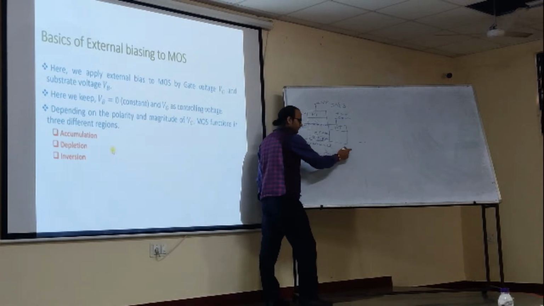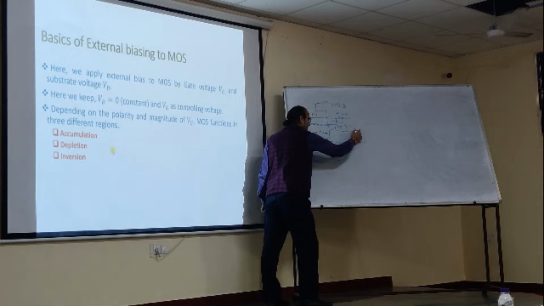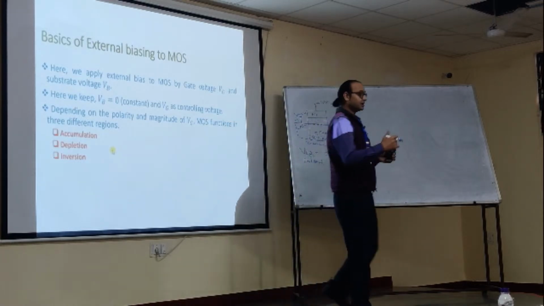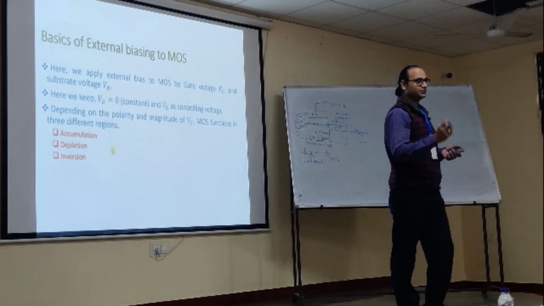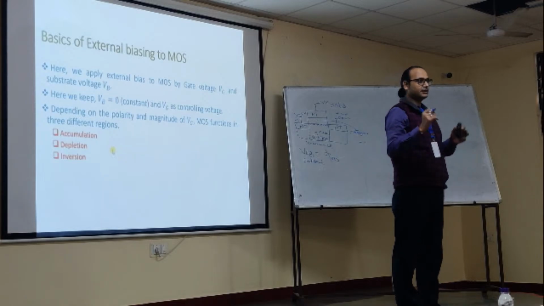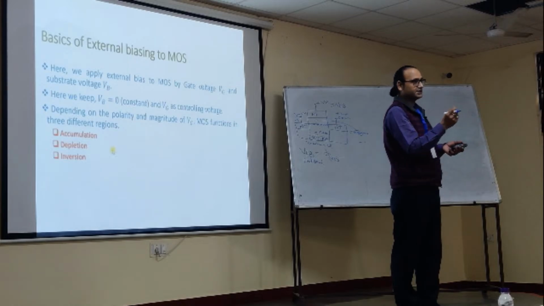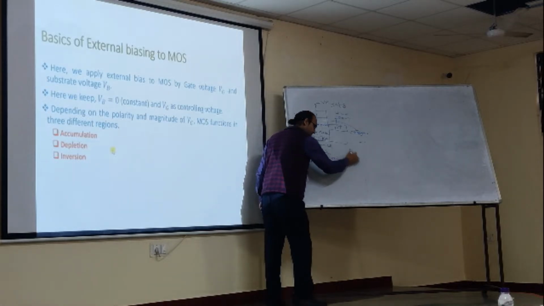Okay, and as I said, there are charges in the oxide. Charges in the oxide may be due to how the oxide is achieved, by thermal oxidation. So all the bonds are not intact, right? We have dangling bonds as well. They can make oxide charges, and some mobile charges also occur. So whatever is the oxide charge